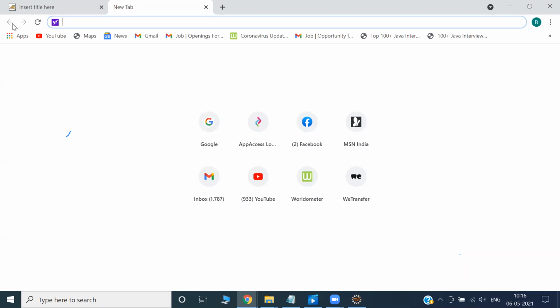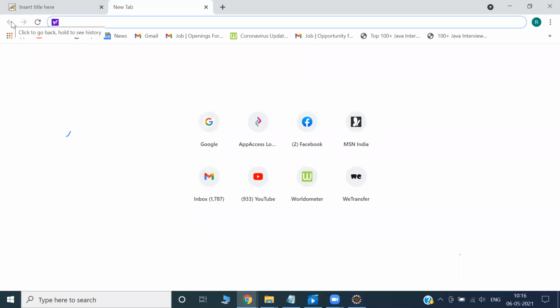Suppose I open Facebook, I open Gmail, I open many things. Let's say some transactional site, or any train booking or flight booking or whatever. If I click left on those sites, or applications, we can say, it will show me what I accessed before that.